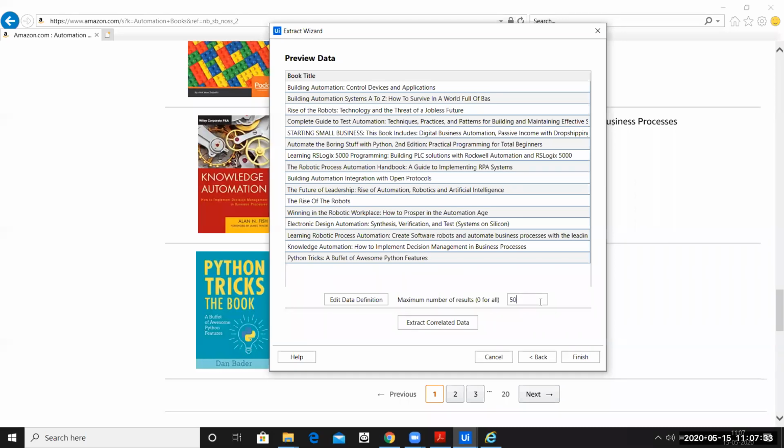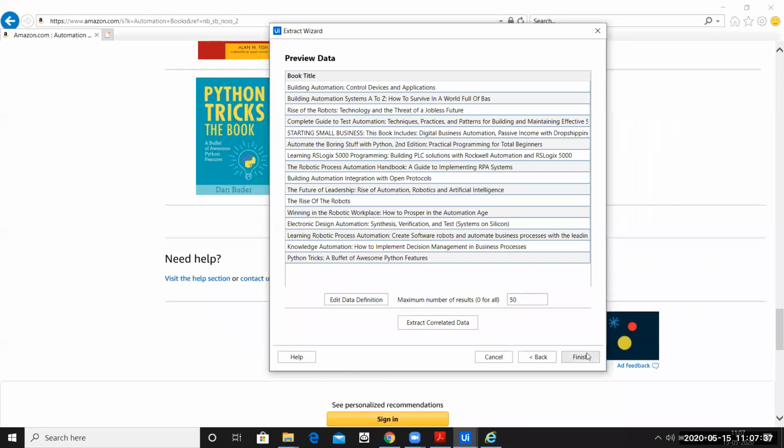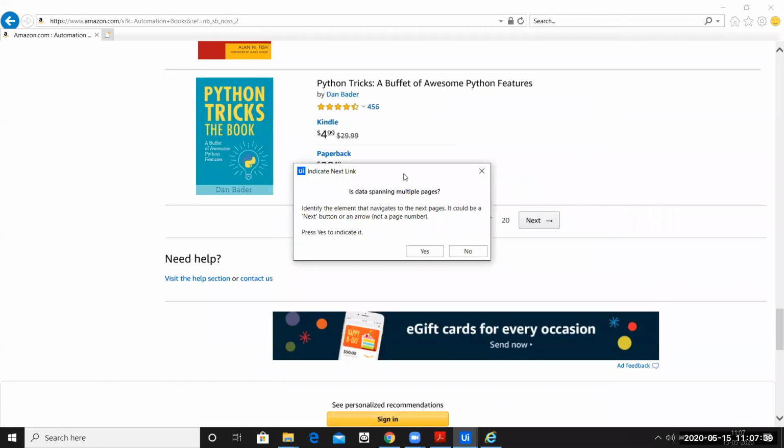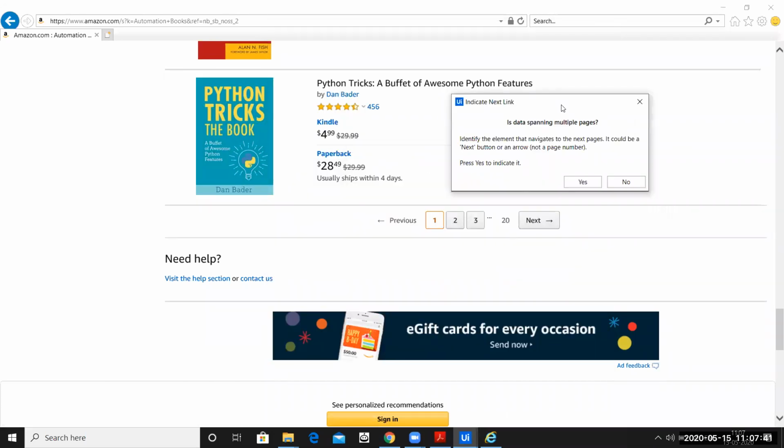So the moment you say how many data you want to scrape, all you have to do is click on finish. The moment you click on finish, a new window will come up. What the window is asking us is, is the data spanning multiple pages? That means, is the data that you want to scrape available in multiple pages?